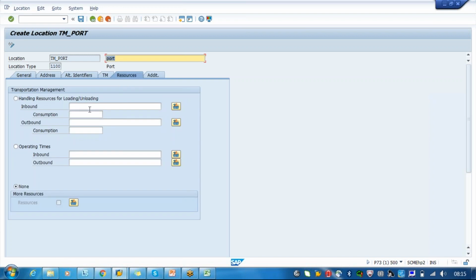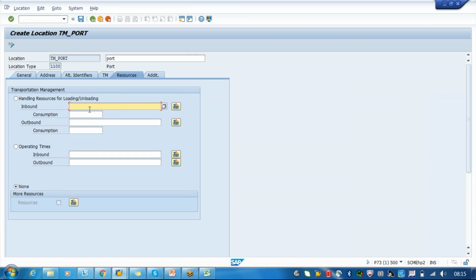And these resources, we normally have three kinds of resources. We have a topic also on this. So this is calendar resources, operating resources, and driver resources. So handling resources are your lift, or forklift, or some operating equipment. JCB machine, or any Caterpillar machines, all these things will be considered as handling, for loading or unloading activities. Operating times are your calendar times.